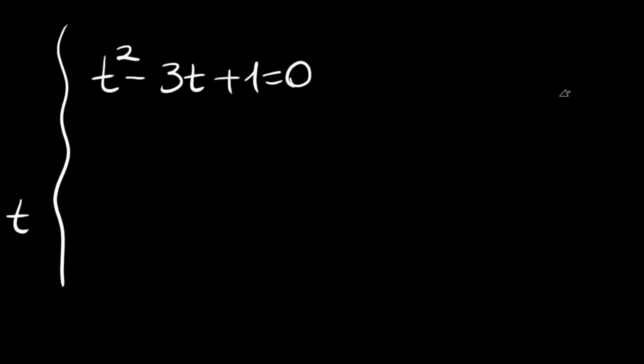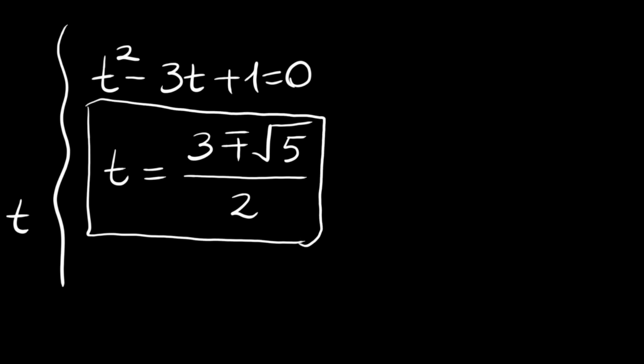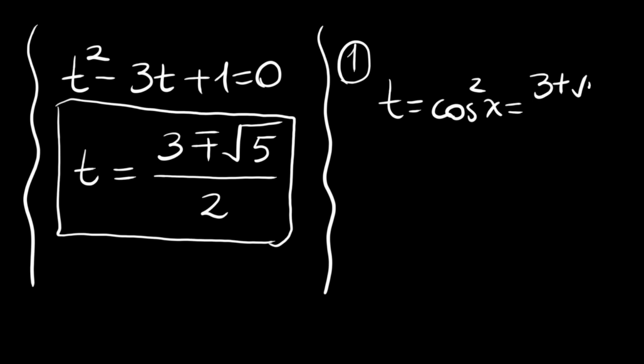We can use the quadratic formula, that is t is equal to minus minus 3, which becomes plus 3, plus minus square root of minus 3 squared is 9, minus 4 times 1, which is 4, so we get a 5, divided by 2 times 1, which is 2. These are the solutions for t, but t is equal to cosine squared x. Let me try to show you now. We have first t is equal to, as I said, cosine squared x is equal to 3 plus root 5